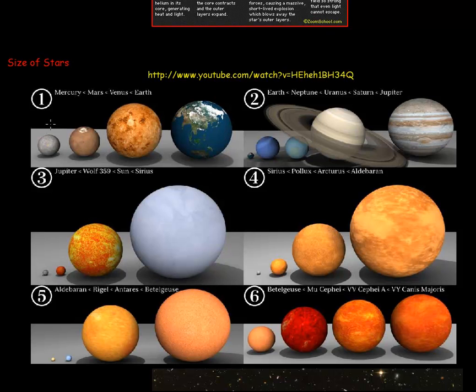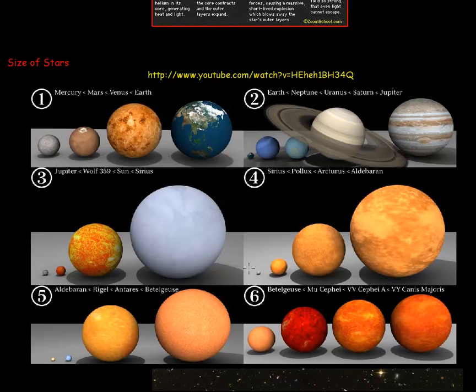I should probably read what I have here. This is Mercury and Mars and Venus and Earth, and then we shrink Earth down to this size, and then we can actually put Neptune and Uranus in there, and then we can see Saturn and Jupiter, our biggest planet, and then if we shrink Jupiter down to this size, we can actually put Wolf 359 up there, and then we can finally put the Sun,